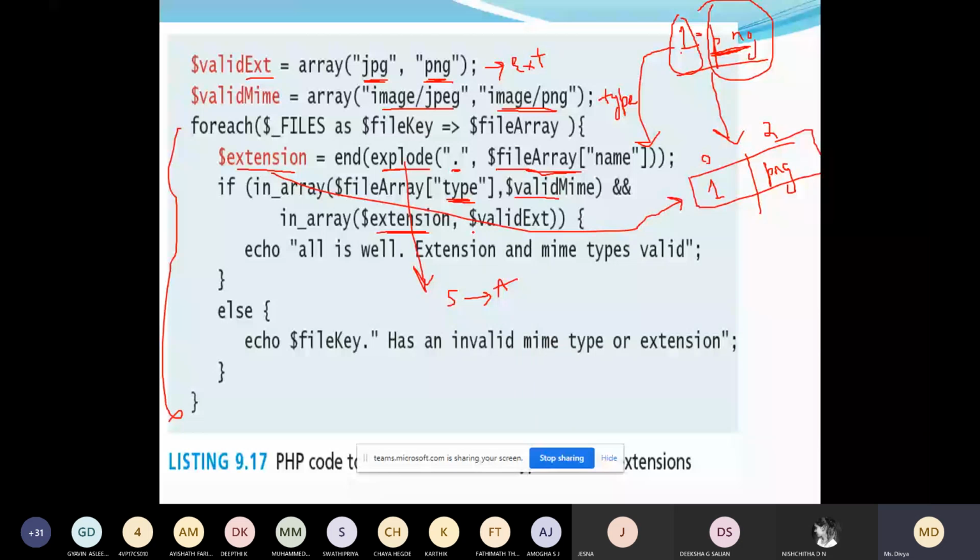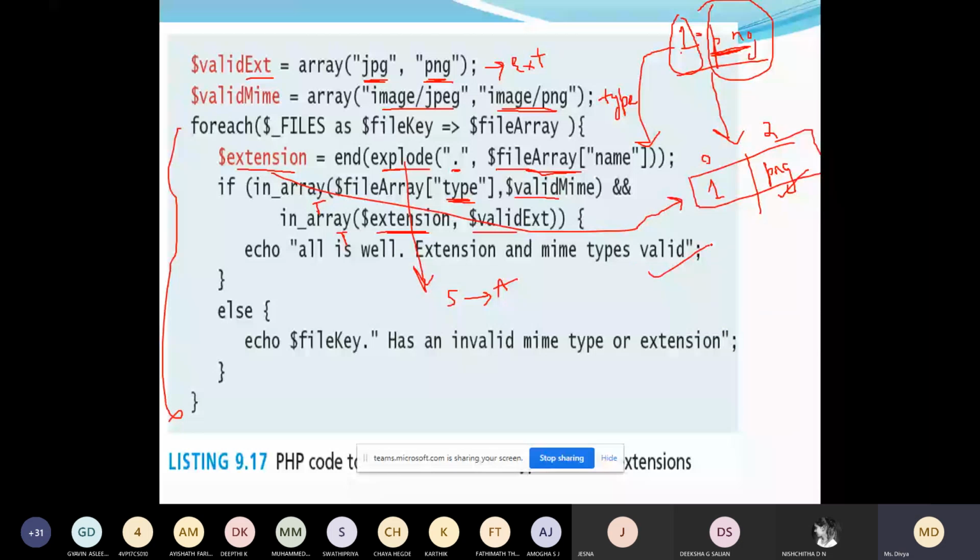Yes, png is there in this $extension array. So this is true and this is also true, so it will display the message: all is well, extension and type are valid.